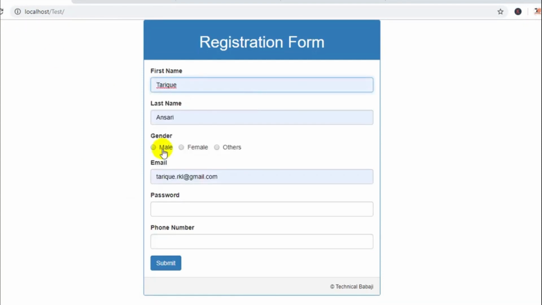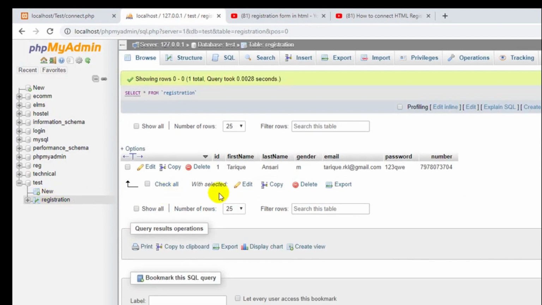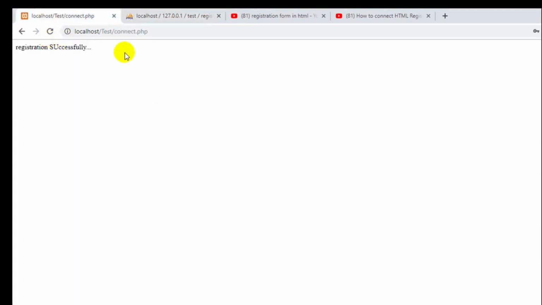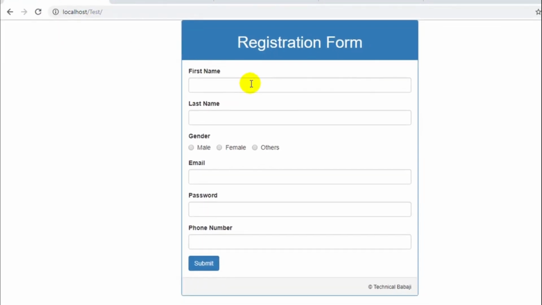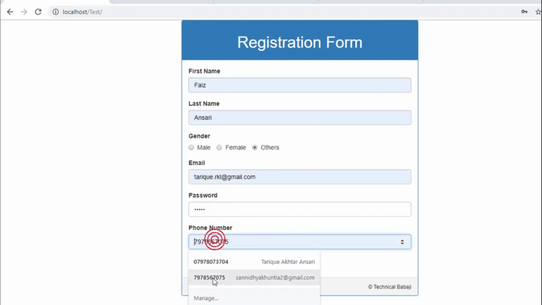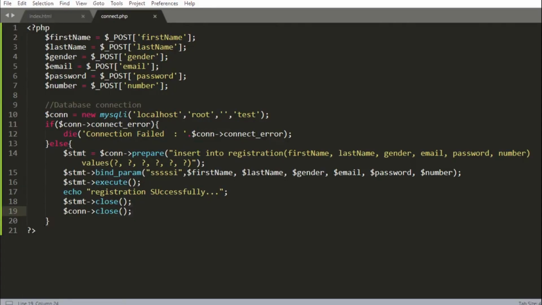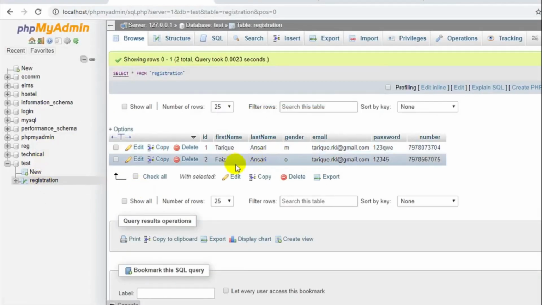Here I'm giving the information. When I click on the submit button, you can see my data is inserted into the table. You can see the data is coming perfectly. Now once more, let's check it. Here I'm giving different data. Password. Now when I click, registration successfully. Let's once again check it. The data is coming perfectly. So thank